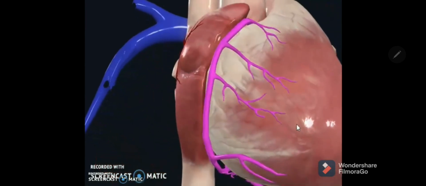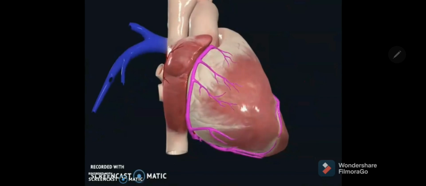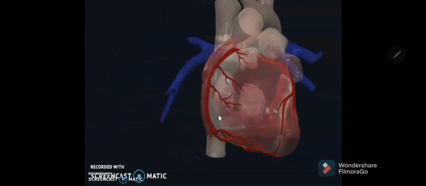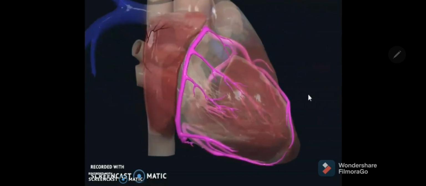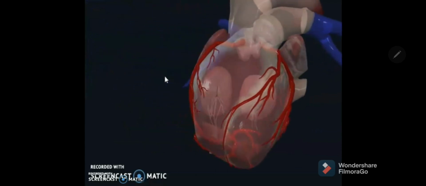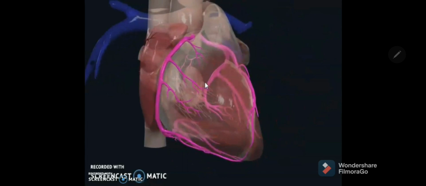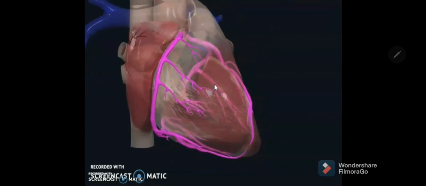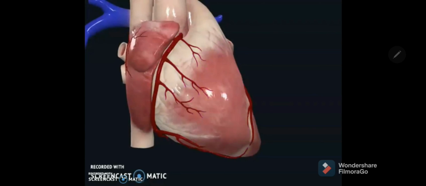So if you notice here, the coronary sinus is there, but here I am just trying to show you the distribution of coronary arteries. Here you can notice, yes, this is the distribution of the right and left coronary arteries. Remember that usually the heart is right dominant, and the dominance is a misnomer. It doesn't mean that it is supplying more. In all of us, left coronary artery is supplying most of the heart. Remember that.